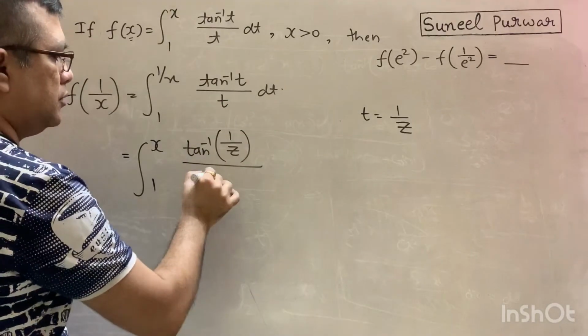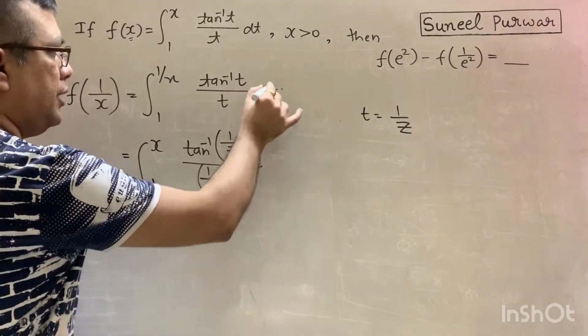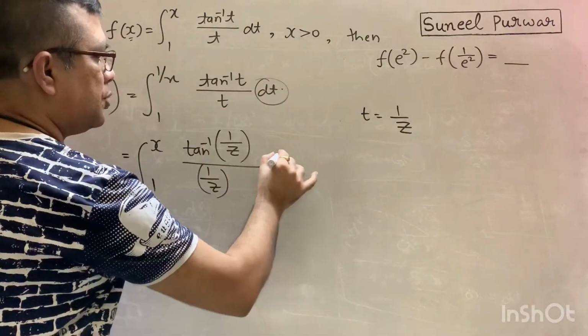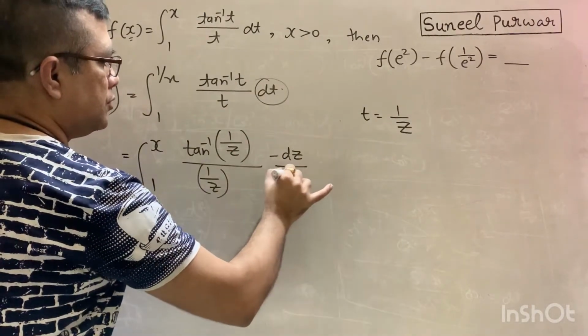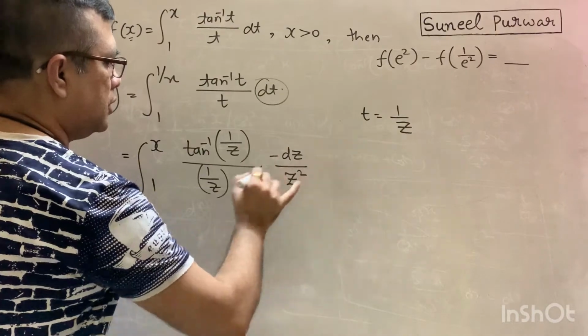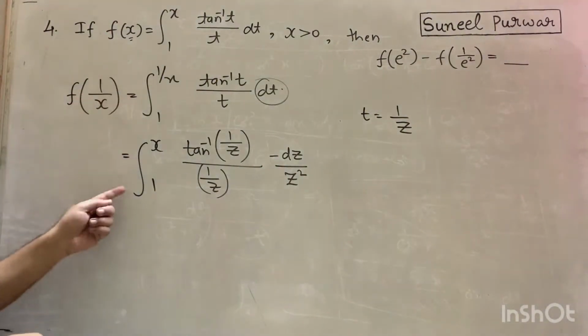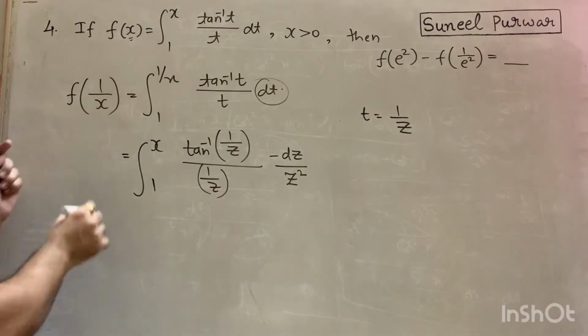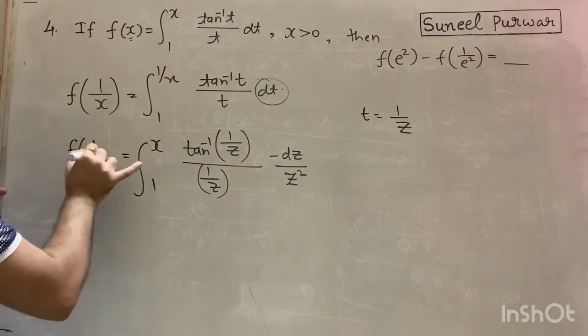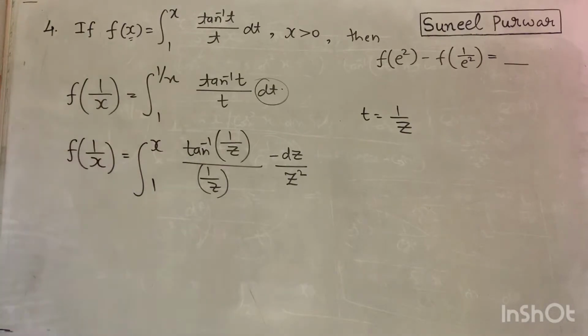This is 1 by z. And dt would become minus dz upon z square. Minus dz upon z square. Okay. Now, this is the simplified value of what? F of 1 by x only. F of 1 by x. Then you see,